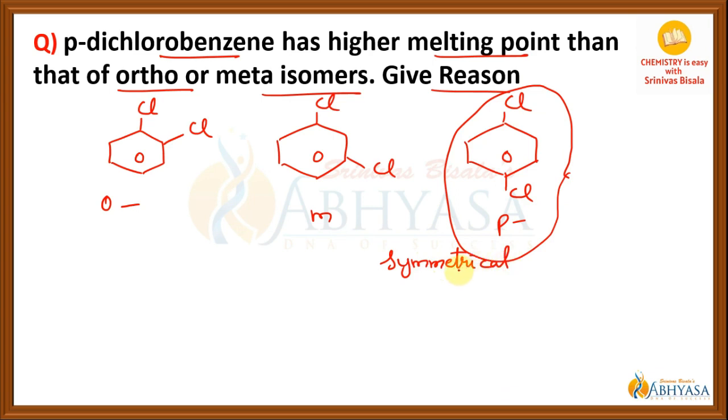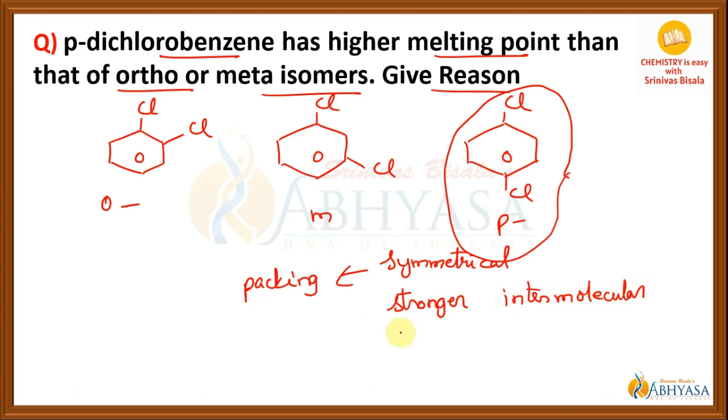And because of the symmetrical structure, it will pack better in the solid crystal lattice. So because of the symmetrical structure, there will be tight packing of this particular structure in its solid form. That is the reason why the para isomer has stronger intermolecular forces of attraction, and that is the reason why the para isomer has a higher melting point than the other